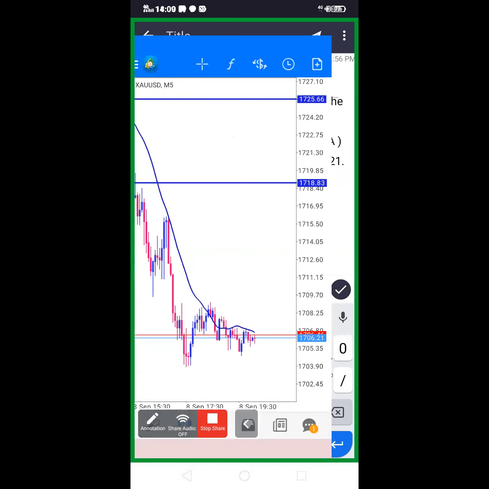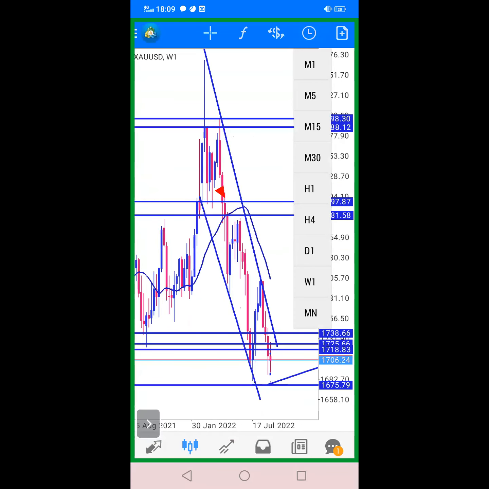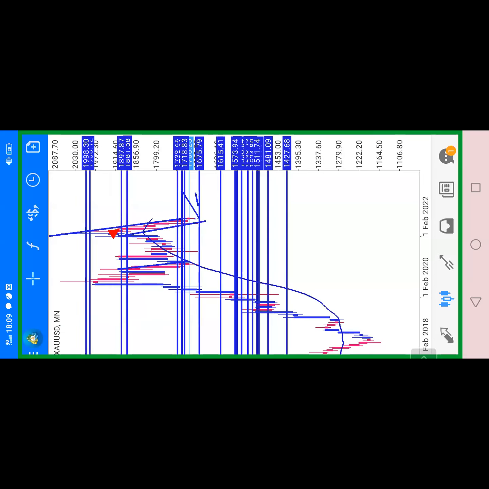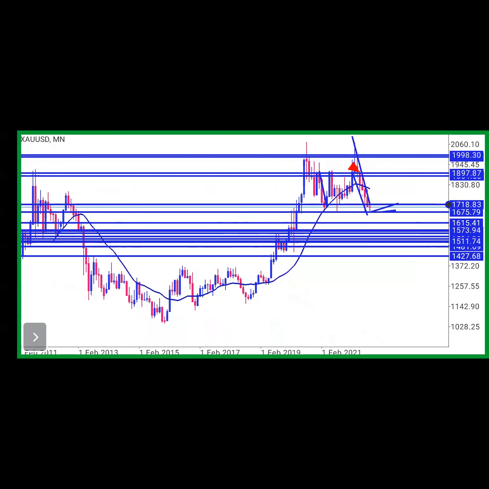Sorry, I love trading this way. Don't worry, you end up liking it when you're here. In fact, when I want to trade, I go as far back as monthly time frame. Sorry, too many lines. I'll remove them. You'll see clearly now.